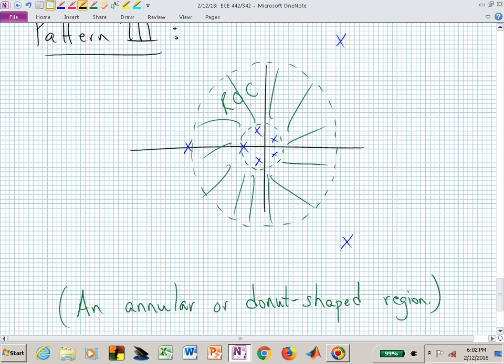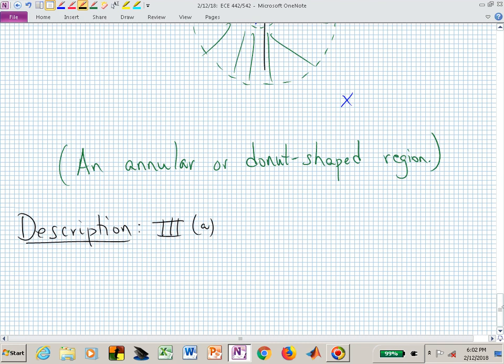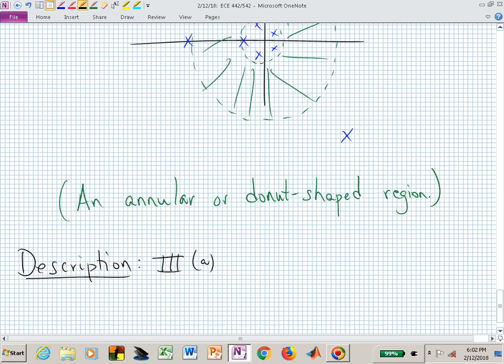They can't be. That's the way the region of convergence works. So one description, 3A, is the region of convergence is annular or donut-shaped,